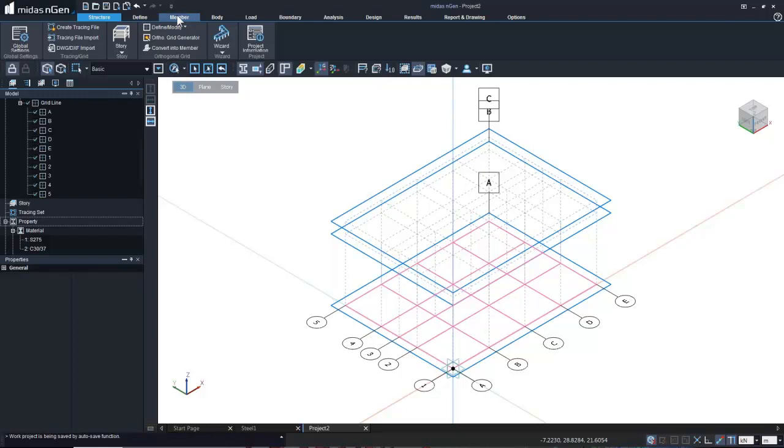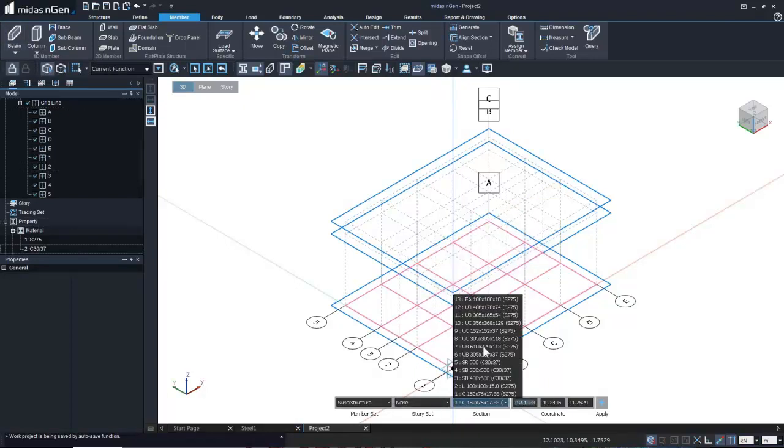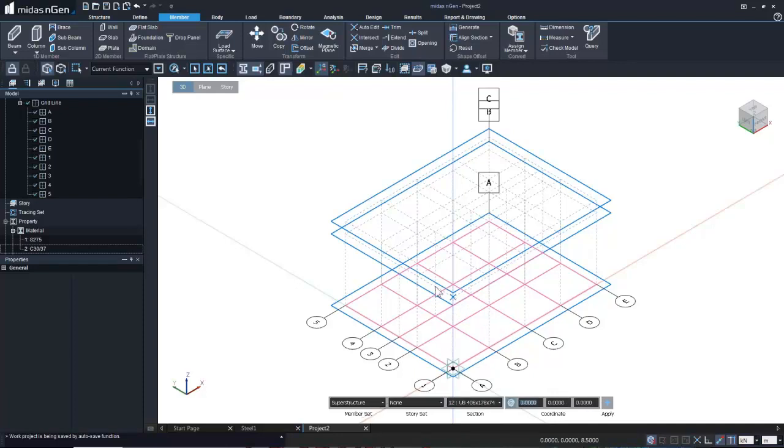Alright, so this is the type of member that we are going to be creating. Firstly, let's start with creating beam type of member. So for the beam type of member, from here, firstly we'll select the correct section property. For this beam member, I'm going to be selecting UB406, and we'll start creating by simply clicking on the intersections,